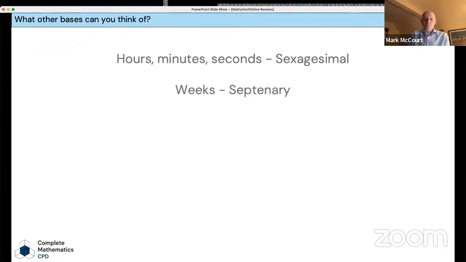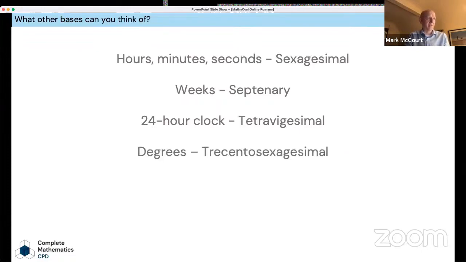Weeks, well, 1 week isn't 10 days. Again, there have been attempts to do that. And when Roman calendars started, we were talking about 9 days in a week or an equivalent. So we have the septenary system, 24-hour clock. 24-hour clock is an interesting one to, again, have that conversation about language. Because if we look at the way in which that word is built up, tetra, and we can talk about why that means 4. So introducing these different ones, 24-hour clock, slightly different.